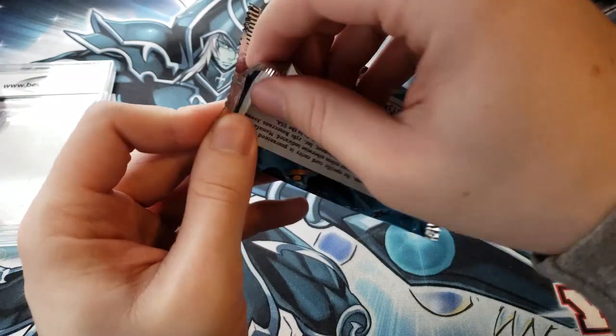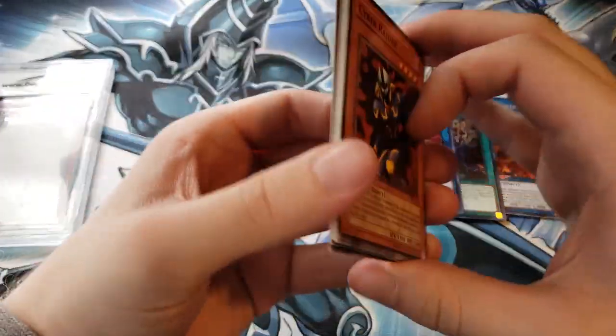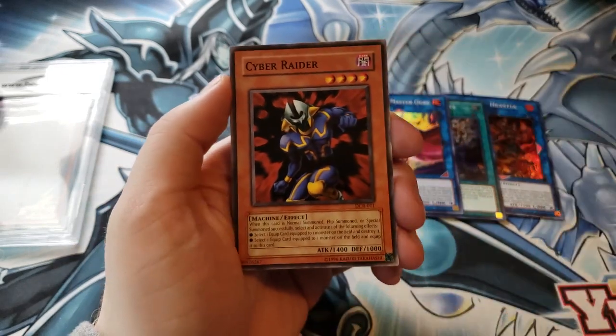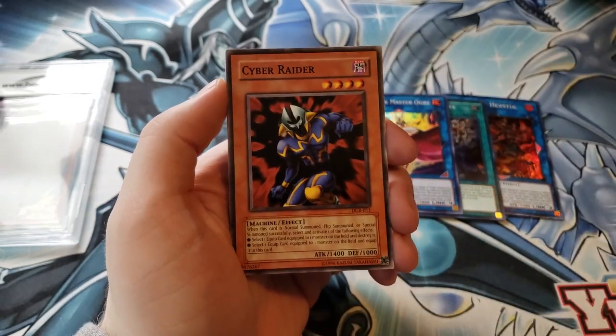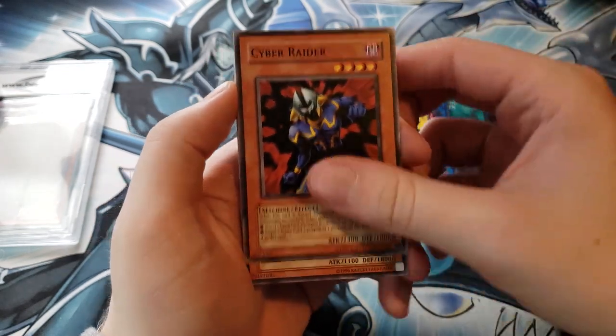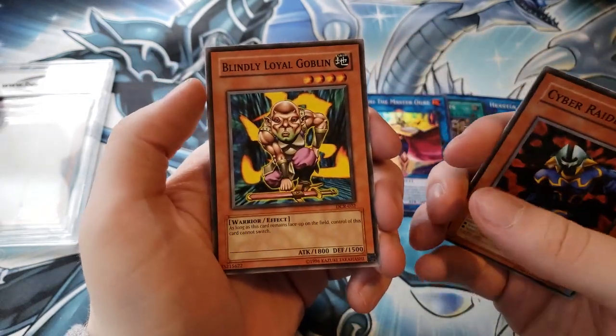And then for our reprint pack, which is Dark Crisis, once again, I keep saying it, but these aren't actual old Dark Crisis packs. They're from the Legendary Collection 1, which reprinted the first 5 or 6 sets, and that's where they get these packs from. Cyber Raider, Deathrook Archfiend, Blindly Loyal Goblin,